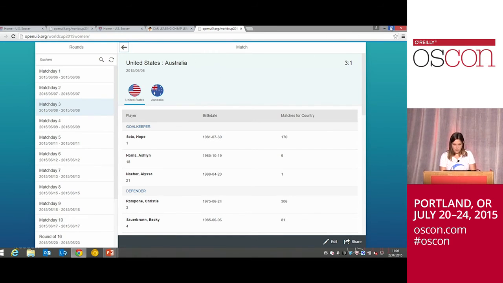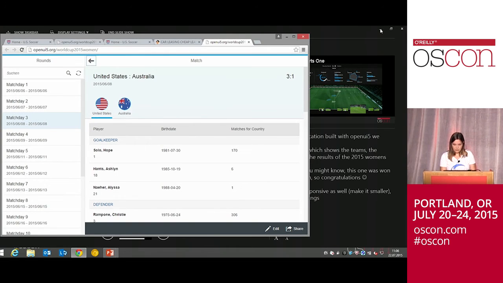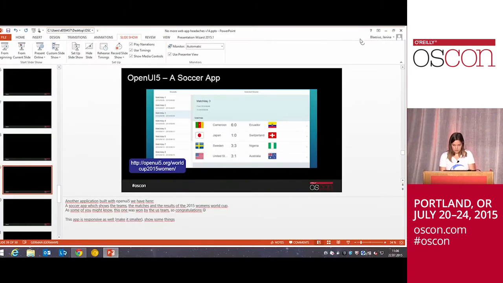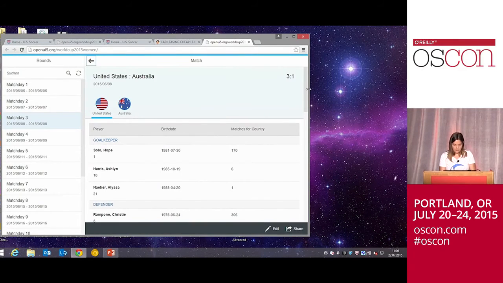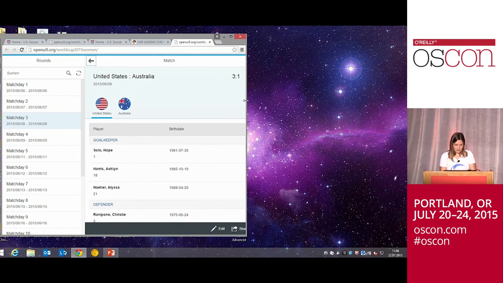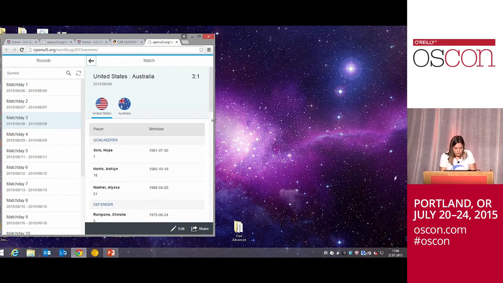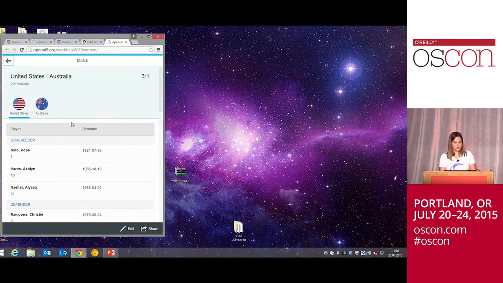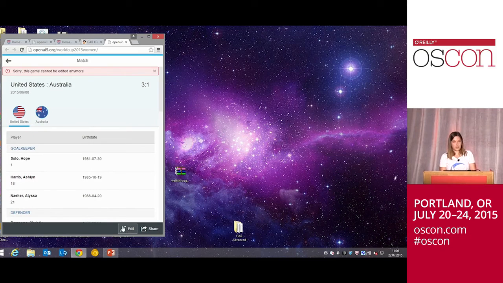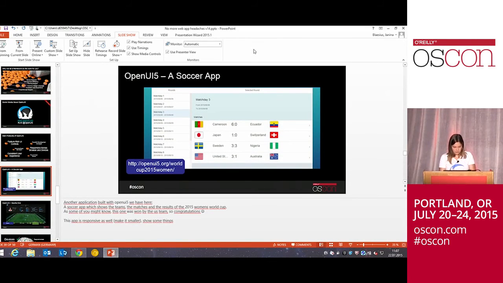And if we now make it smaller, then it's responsive and it's getting smaller again. And now it's only the 2 columns we saw before. We can click here buttons. We have like icons, and text font is always the same. We want to edit the game. Okay, we cannot edit, so we see here on top the error message because the game already took place. And as we do not have that much time left,